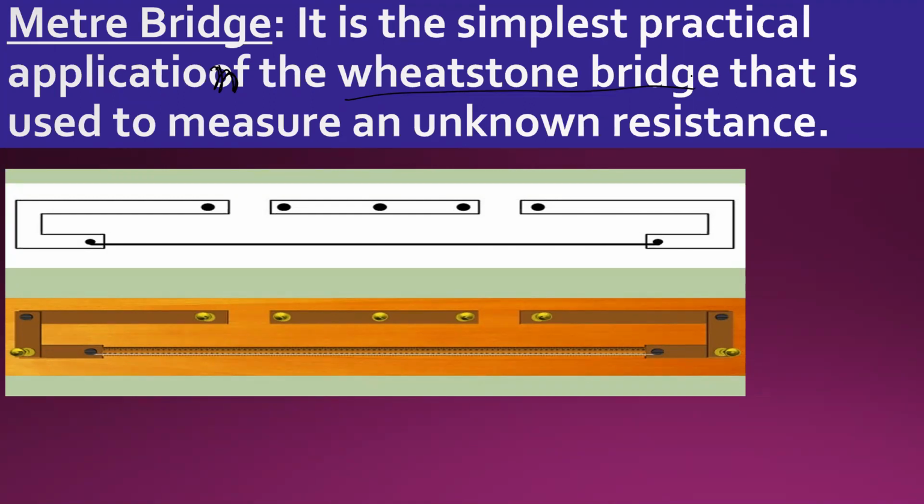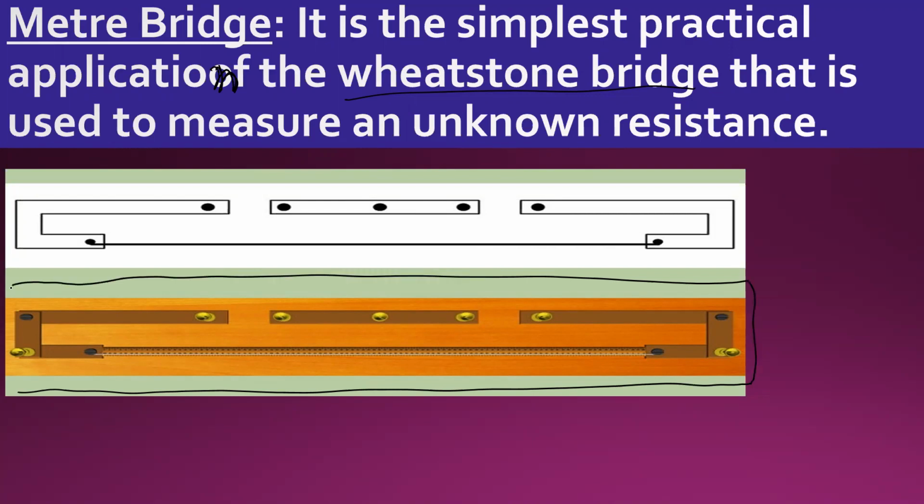So what is in it, beta? Here we are having a wooden plank. This is the exact view of the instrument which you are going to see in your lab. This is a wooden plank, and on this wooden plank, some copper strips are connected. These all are copper strips, and these copper strips are very thick, as you can see how thick they are.